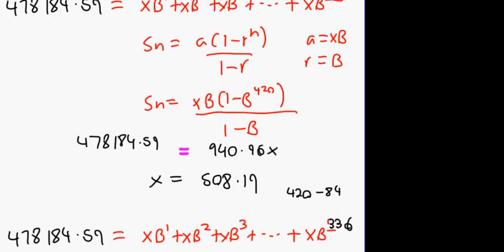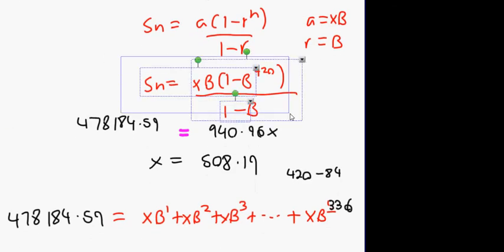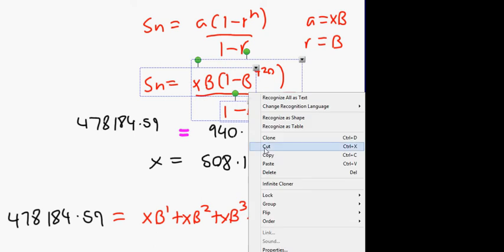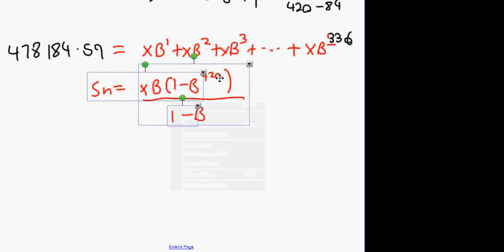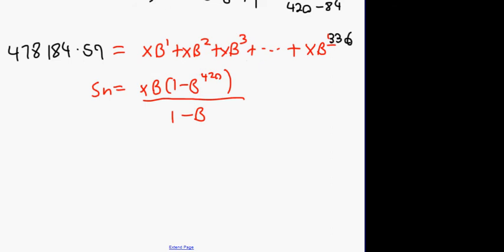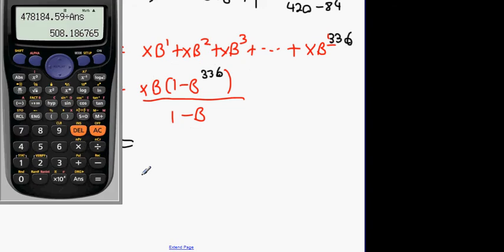Okay? And then we can pretty much steal exactly the same formula of the last question, because it's the same question except n now equals 336. So what we have here, that's it there, and then we can just put this as 336 and put all of this into the calculator like last time. So this part here is what goes into the calculator. We can reuse it using the calculator, and then we can say that's 336. And now we're going to get